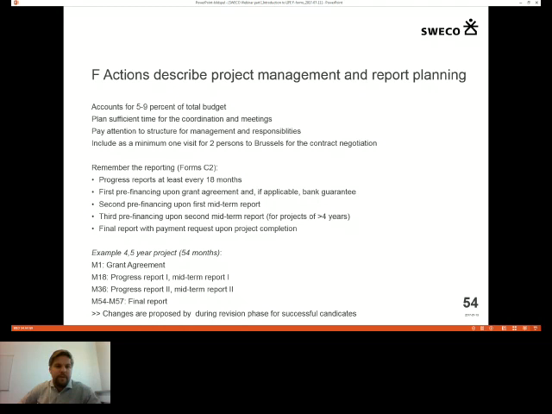Remembering the reporting. Yeah, of course. Reporting also, again, this is something that might change in the revision phase, but keep this in mind. In Form C2, progress reports should be submitted at least every 18 months, so indicate them every 18th month in